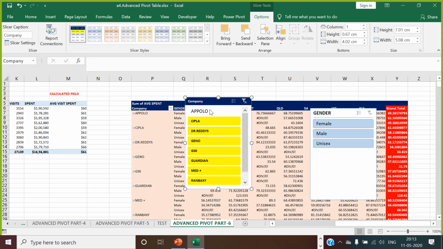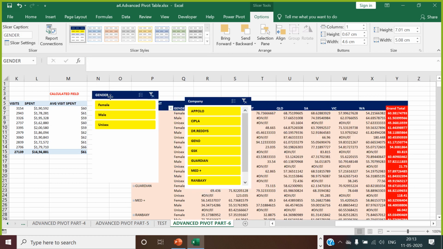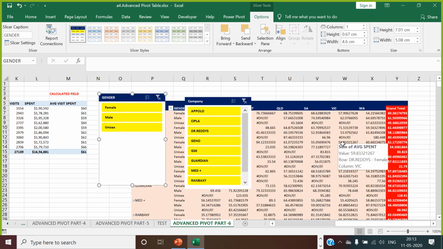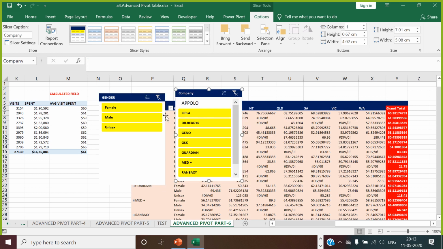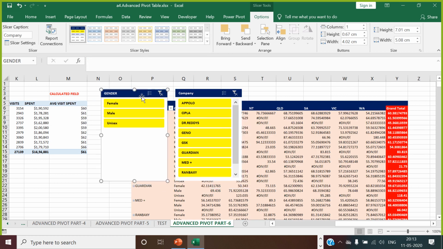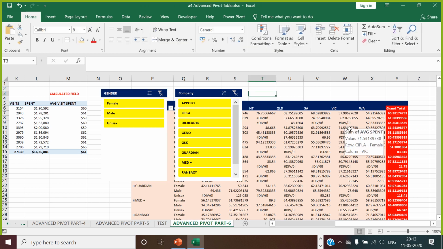See, you see this? Now you can also go to this slicer and apply the same style which you have designed. So your pivot table design and your slicer, you can also do your own. So this is called your own customized style or design which you want to give to the pivot table as well as your slicers. So guys, by saying this, I finished all the pivot table options.